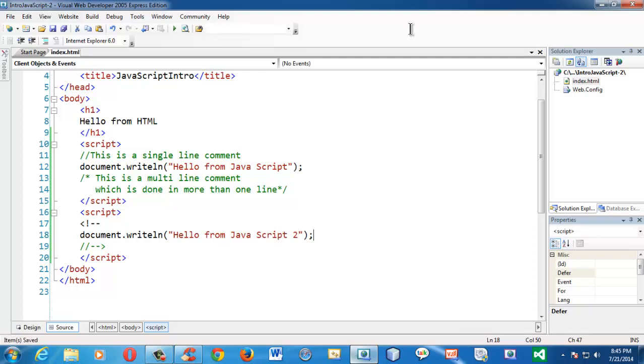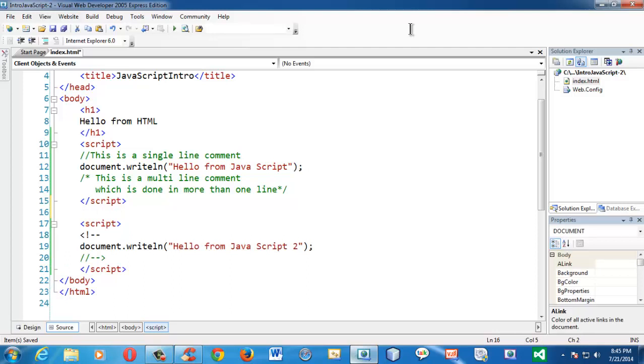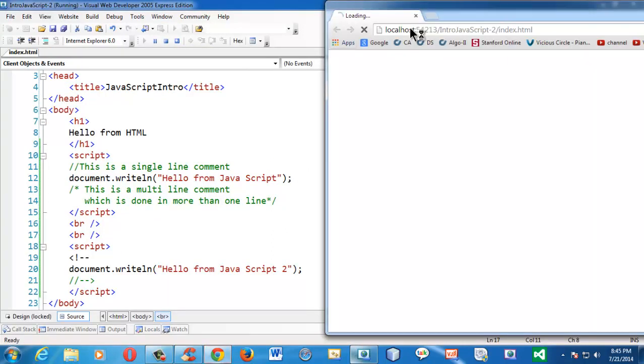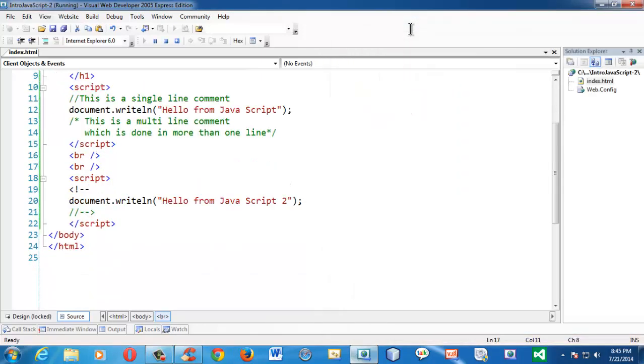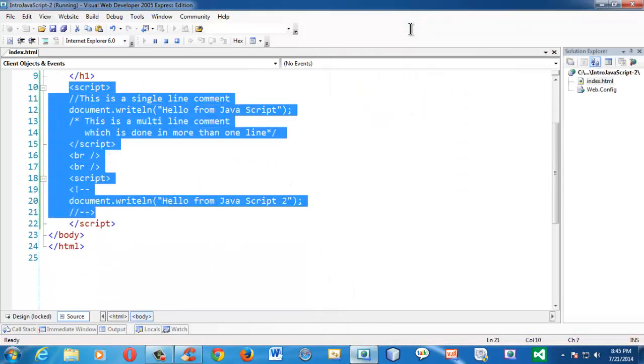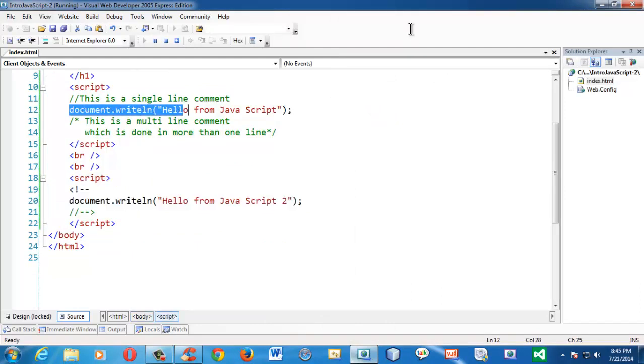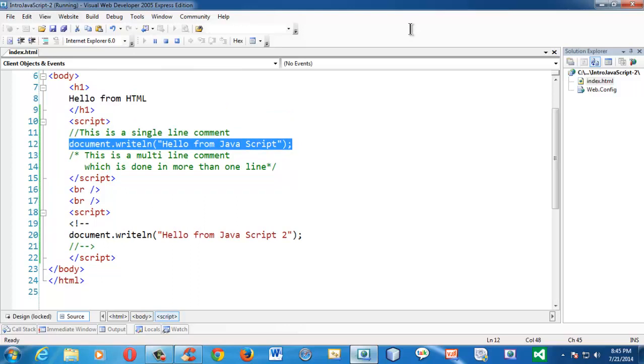Let's have a couple of BR tags here so that it does not get displayed immediately after the previous output. If you run this application, you just get the same output, the only difference being that both are one and the same: the script tag without this kind of syntax, and the plain, simple JavaScript statement here.